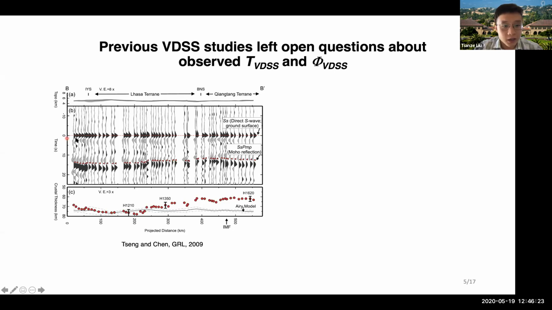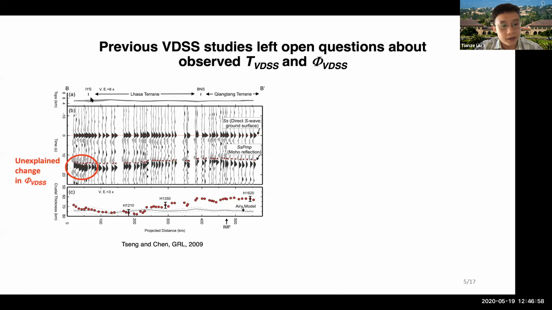And on this one, they used the arrival time of the SSPMP phase to infer a northward shallowing of the Tibetan Moho across its profile. However, they failed to account for one very interesting feature in their data, which is a rapid change of the waveform of SSPMP, or phi VDSS, in the southern end of the profile. Here we can see that the